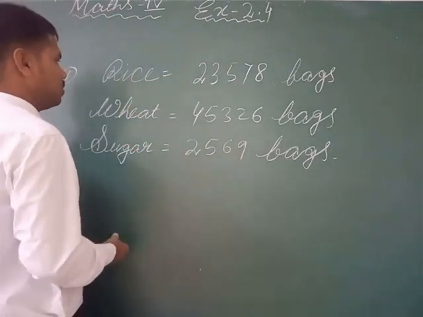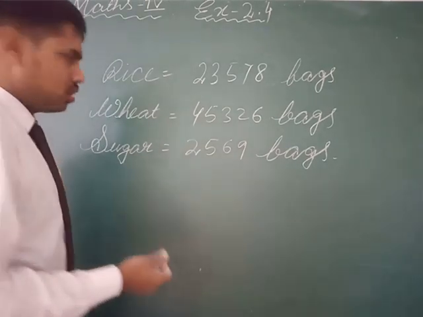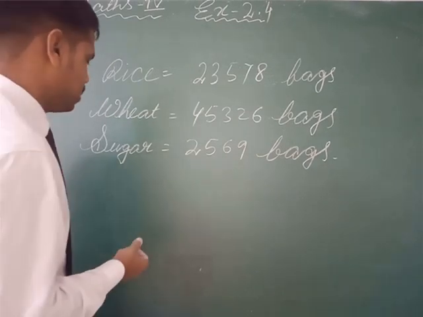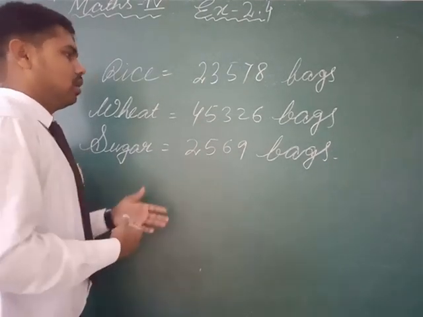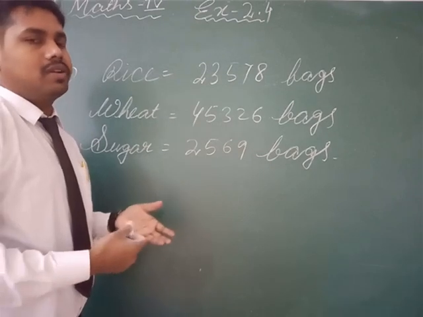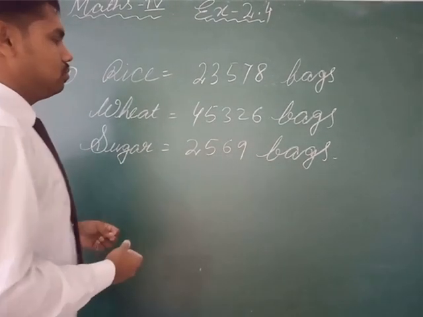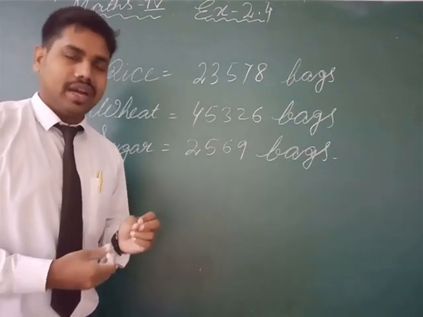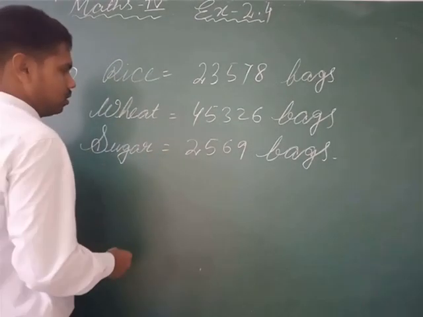So in this question you can see it is given that in a particular shop there are this many bags of rice, this many bags of wheat and this many bags of sugar. It is asking for the total number of things, how much is the total number. So you have to find the total. How will we do it? By addition. Definitely the total of anything we can find by addition only, by sum only. So please add all these. So total is equal to